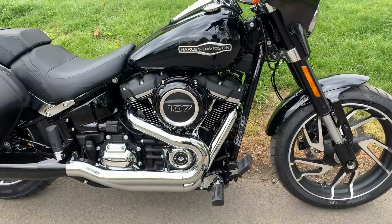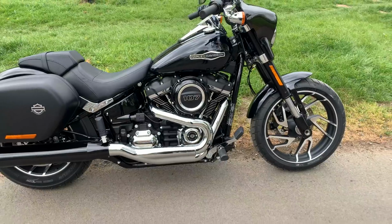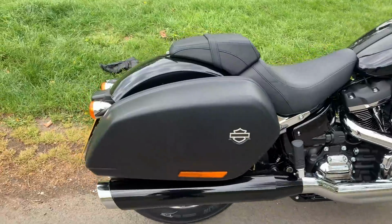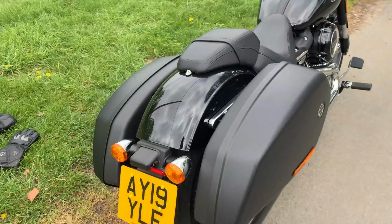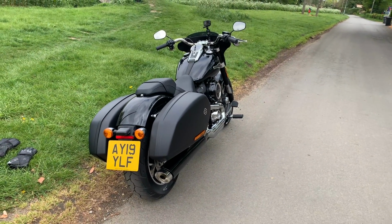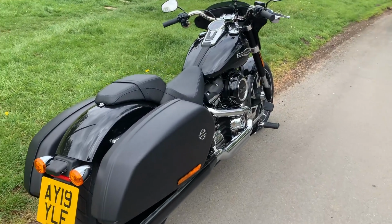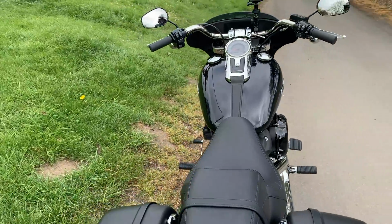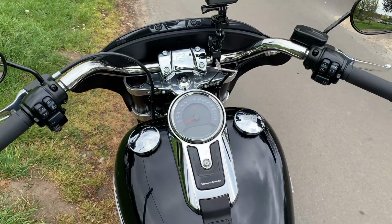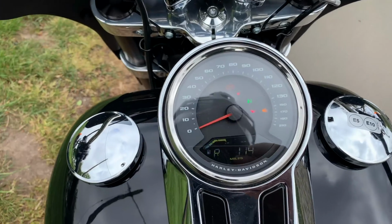107 engine. I probably should try opening it up to see how it feels compared to my Fat Bob. On the back you have two panniers, and a bit later on, when I'm back at the dealership, we'll have a go at removing those. On the tank you've got a big speedo, and below that, if we turn it on, one has the